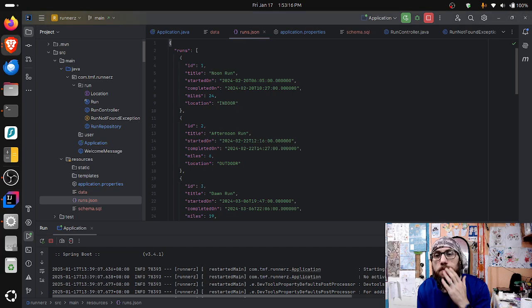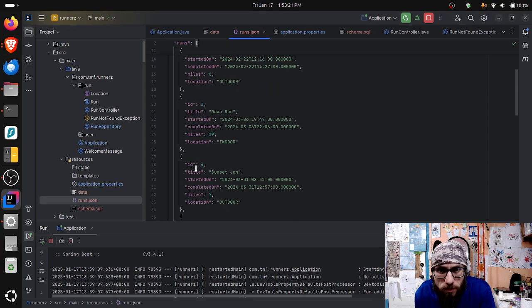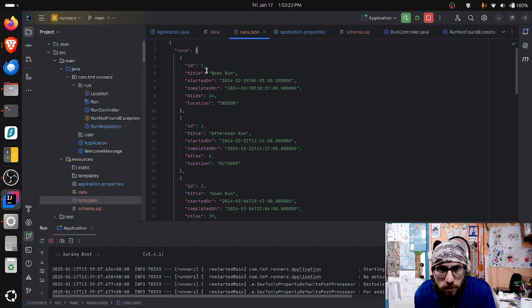We have 10 runs. And the reason I did this is so we can basically bootstrap some data. We have some data that we can work with, right? So now I want to talk about maybe how can we. So now I finally get to see a JSON, which is basically